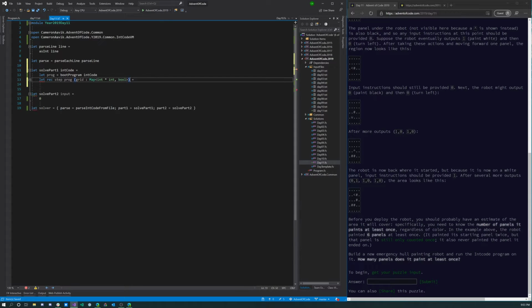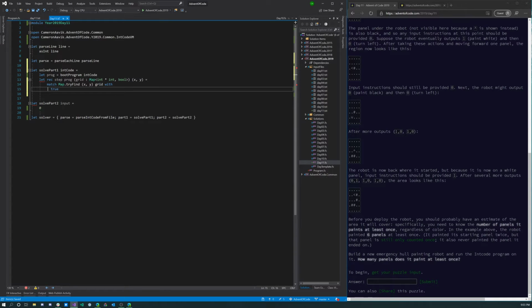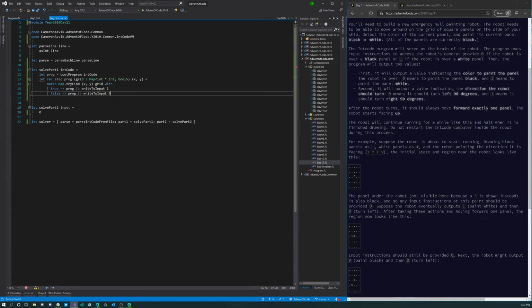And we've got our current x, y, I guess. And so we're going to match Map.try_find xy with our grid with true, and so that means that we're going to do program write to input 1, false, prog write to input 0. Yeah? And then we're going to do